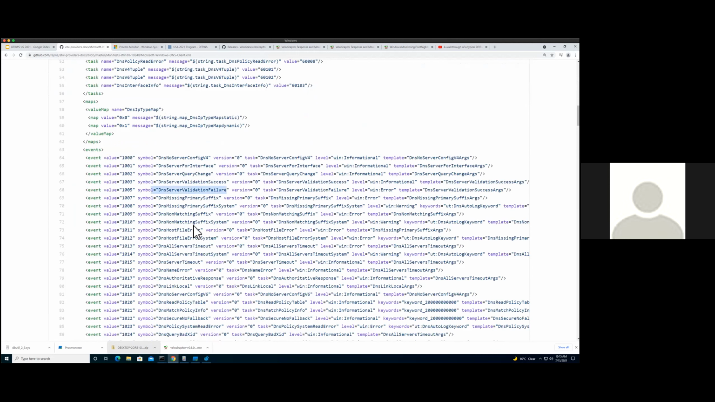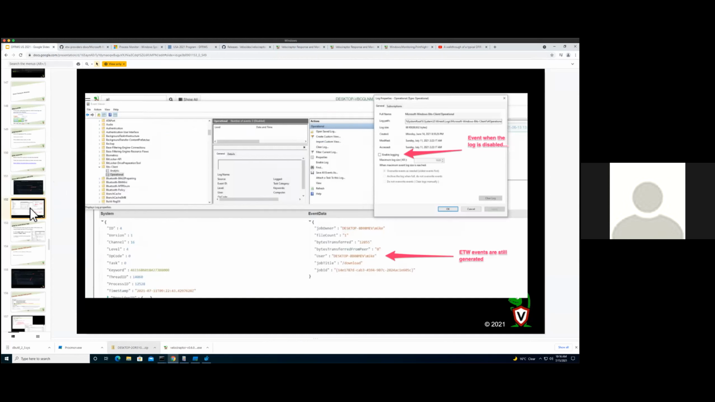So let's have a look at how that works. This is the reference, and we can use that. But let's start off with DNS. So what are we doing? Okay, so yeah, this is the BITS client, right? This is the same thing that we did before, right? So we enable the logging,